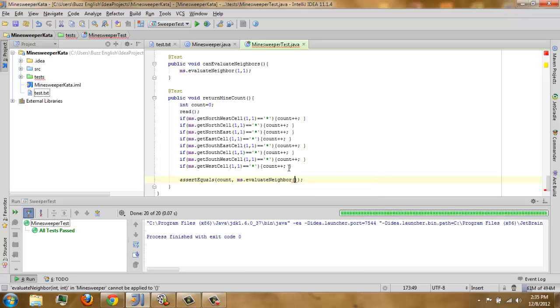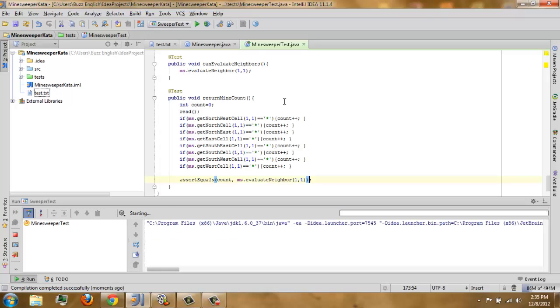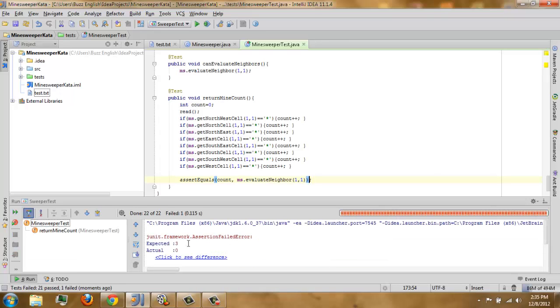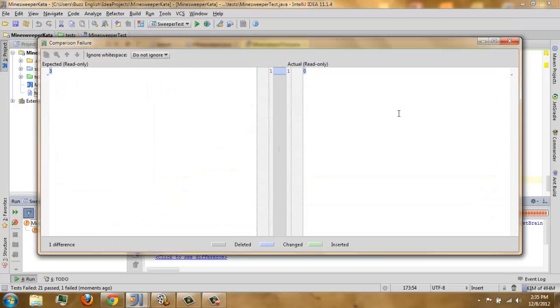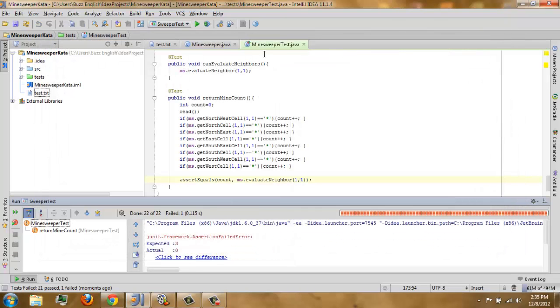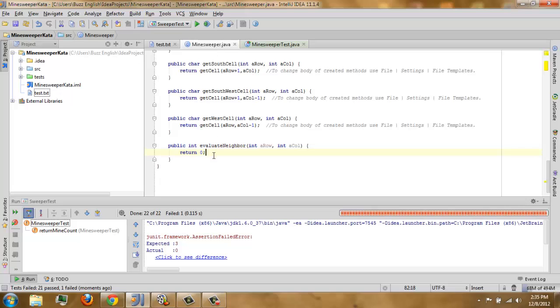We're expecting that to be an error. I expect that already. Oh, look at that. The expected is 3 and the actual is 0. So Minesweeper there.